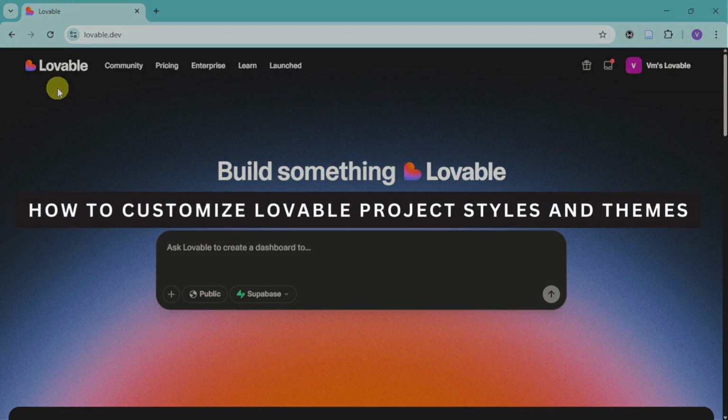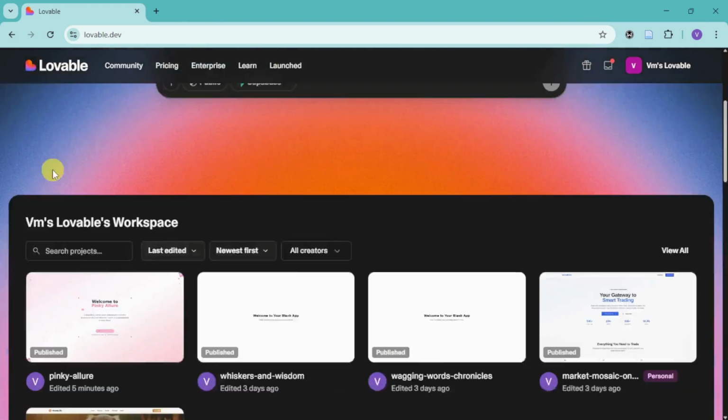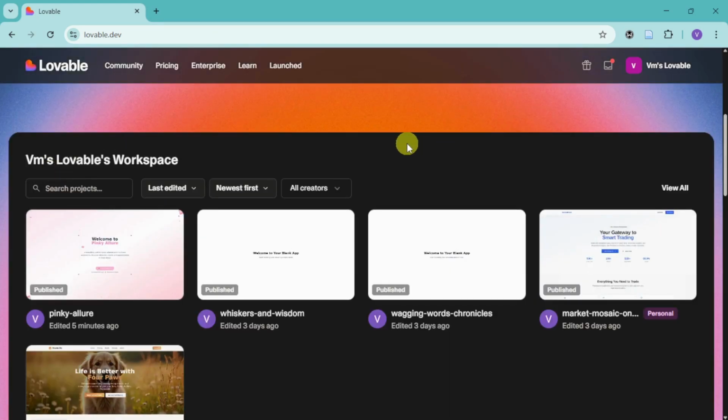How to customize Lovable project styles and themes. So in order to do that, first, head over to lovable.dev, scroll down and locate here the project that you